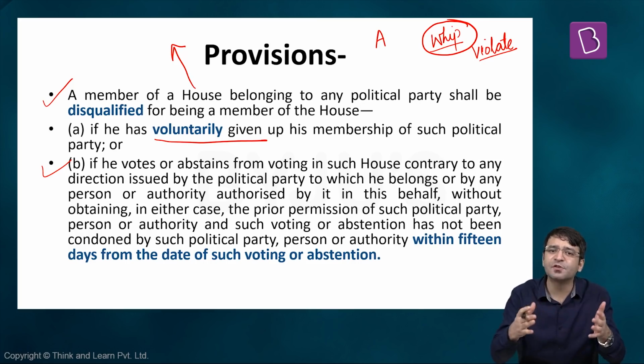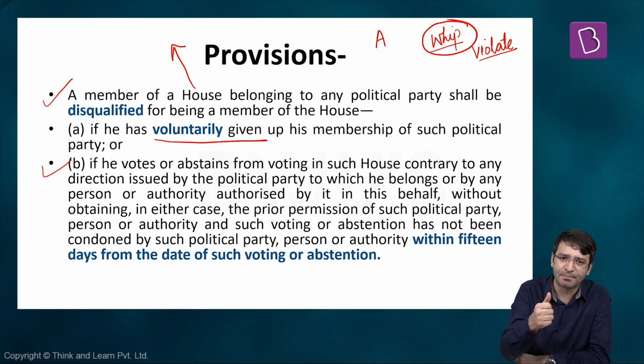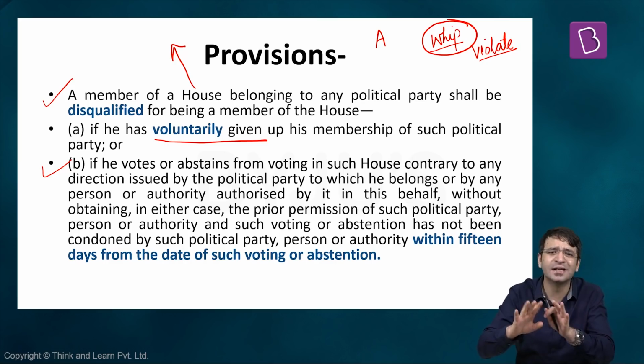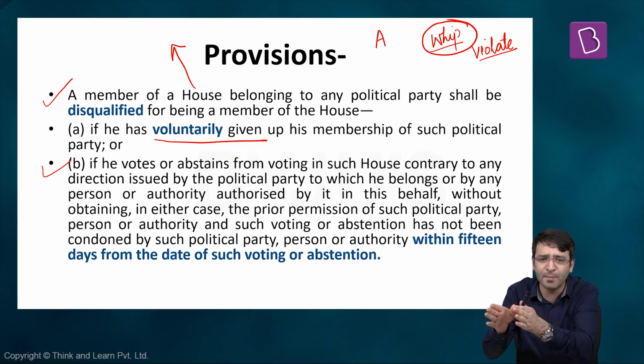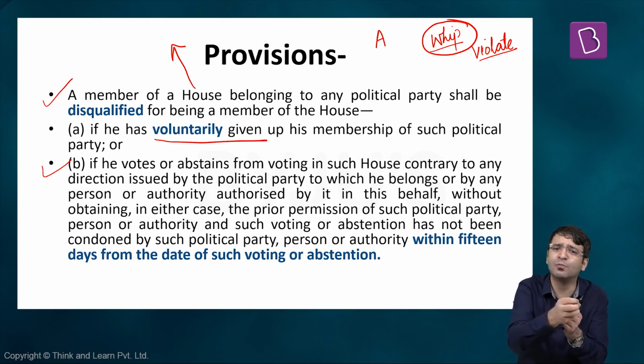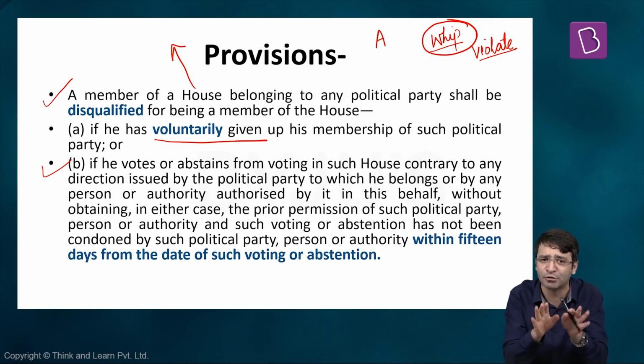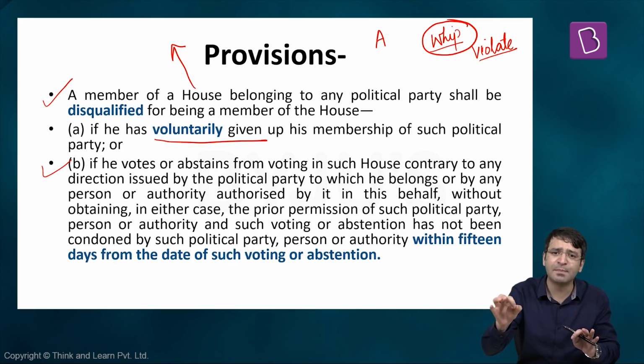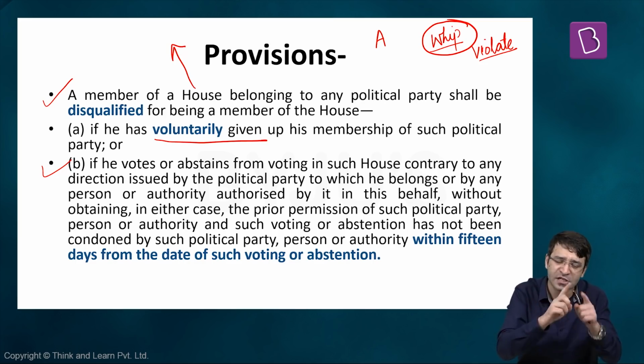But what are these 3 types of whips? Let's say, for example, 1-line whip. I am a whip of a political party. That means I am in charge of managing the members of my political party who are the members of a house, who are the MPs or MLAs or MLCs. I inform them that tomorrow there is going to be a vote in the parliament. That's it. It's just an information. 1-line whip is informing the members of my political party who are members of the House of a Parliament that tomorrow there is going to be a vote on one particular issue. That's it. The members of my political party, they can violate this 1-line whip.